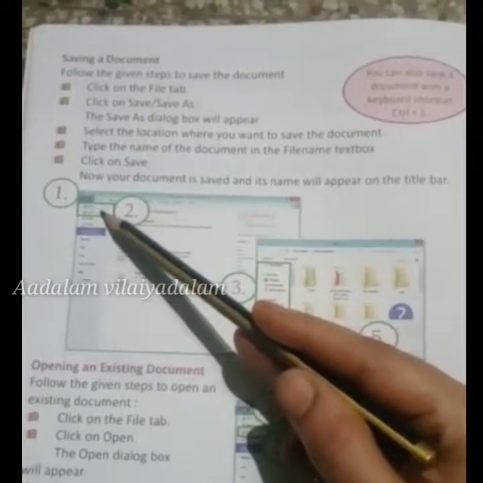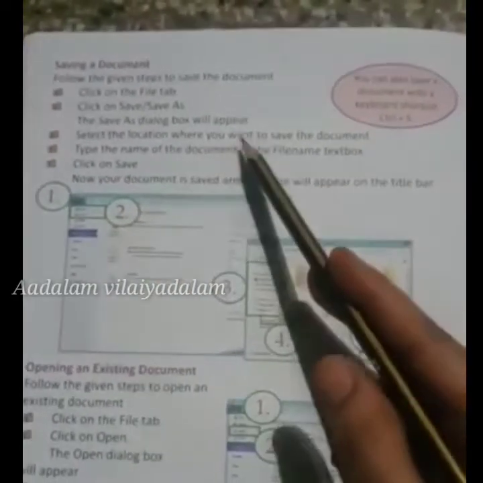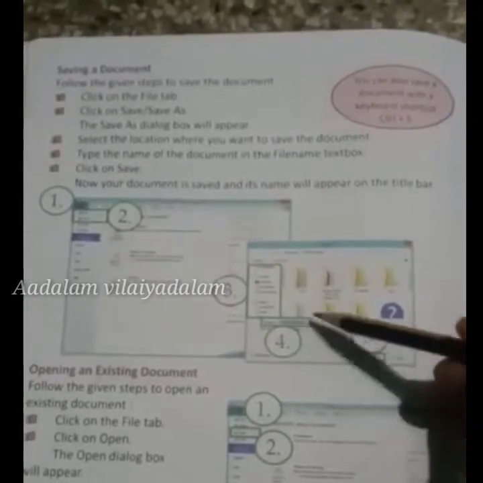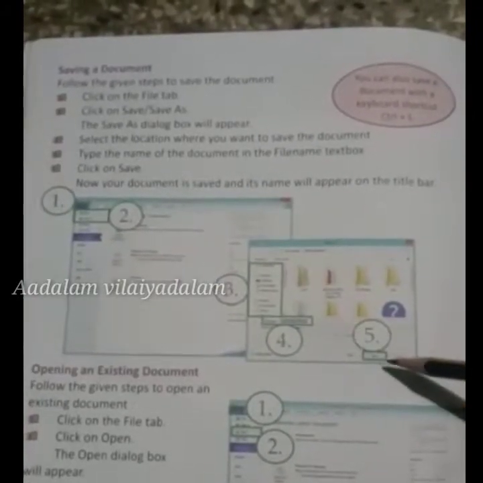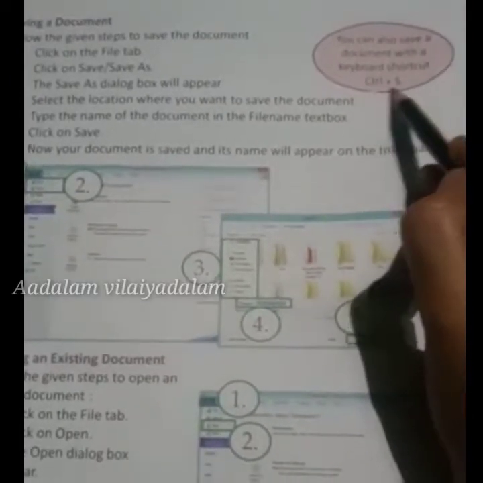Click the Save As option, and then it will ask for the location where we want to save the document. Select the location from the displayed screen and then type the name for the document. Click the Save button. This is the procedure for saving the document. The shortcut key to save a document is Ctrl plus S.